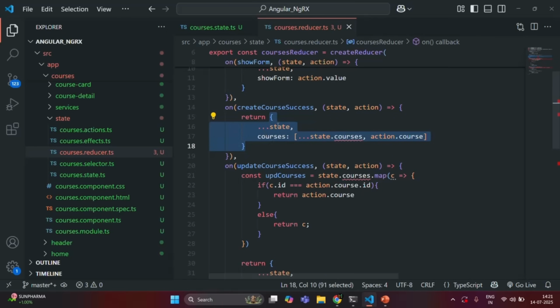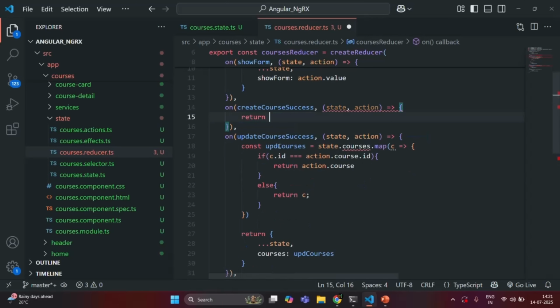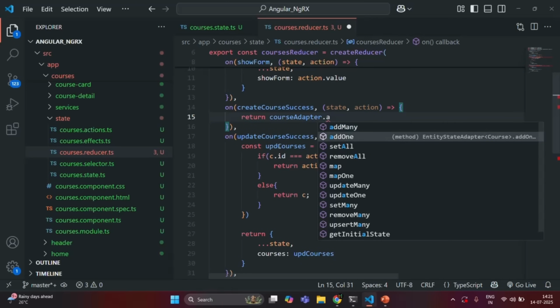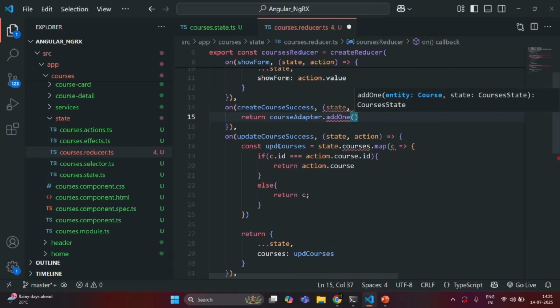and extract all the properties from the previous state and update this courses with the new state and return it. All that will be taken care of by the adapter method. Here I simply need to return and use courseAdapter.addOne. To this, first we need to pass the entity object which we want to add, that we will have